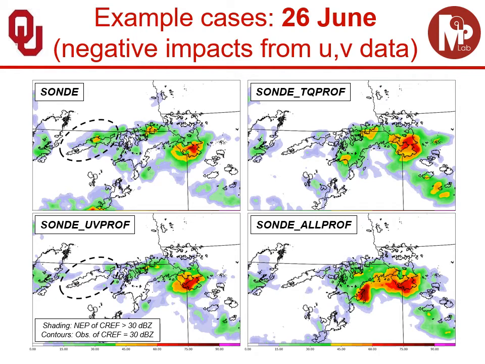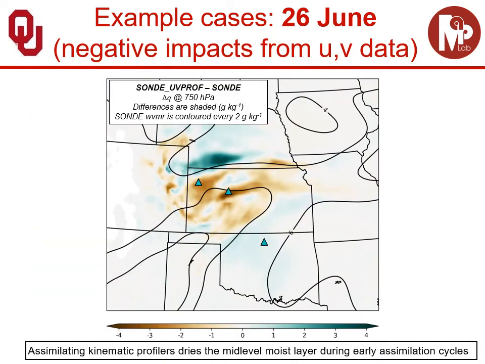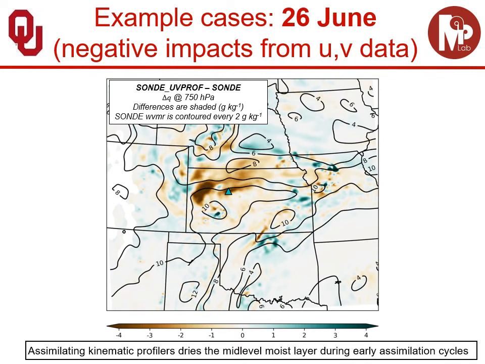Another thing to point out for this event is how much better SOND TQ-Prof is doing. So for this arcing shape, we're seeing a lot better match of those probabilities to the observed event. So again, for this case, very helpful forecast when assimilating those thermodynamic profilers, but forecast degradations from assimilating the kinematic data. Now, we mentioned earlier that on average, assimilating the kinematic profilers results in drying near the region of CI,